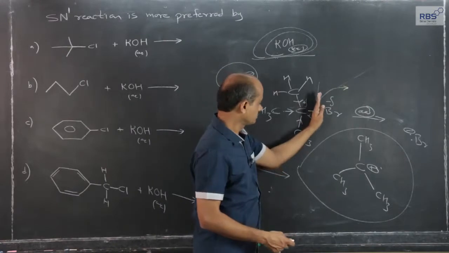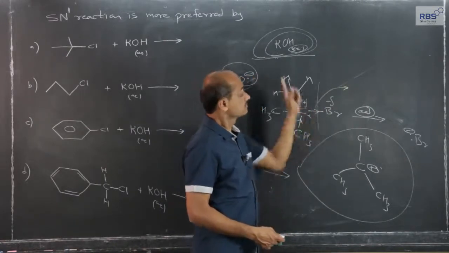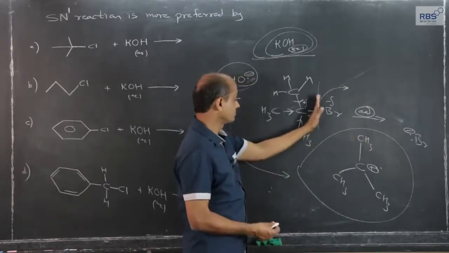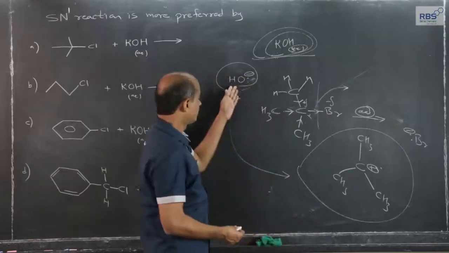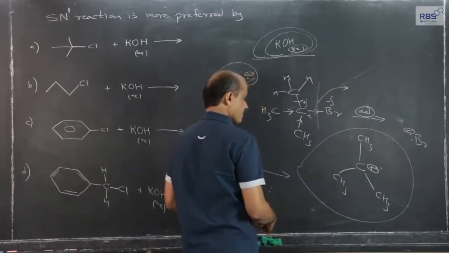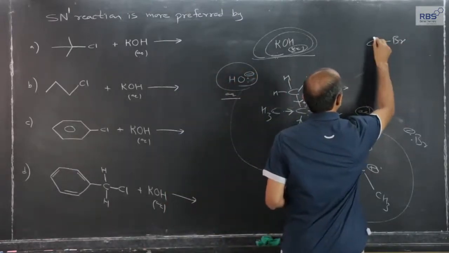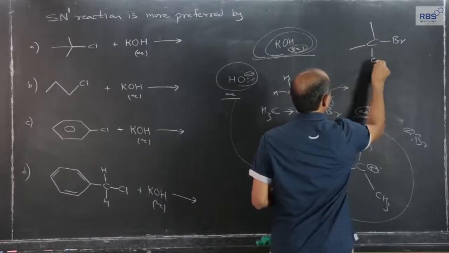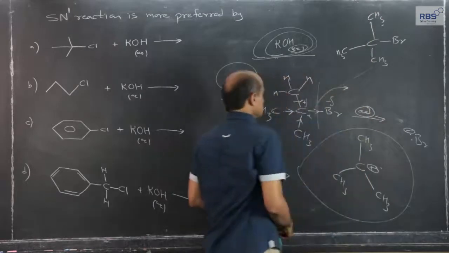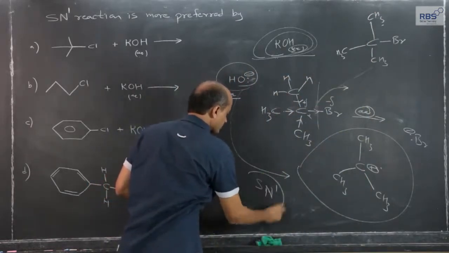Here first breaking, and it is possible because carbon-bromine is more polar and the solvent is polar, the two factors collectively result in heterolysis giving rise to carbonium ion. Now, OH minus can attack and produce the product, both types of products. I will write one, producing tertiary butyl alcohol. This is an example of what we call an SN1 reaction.